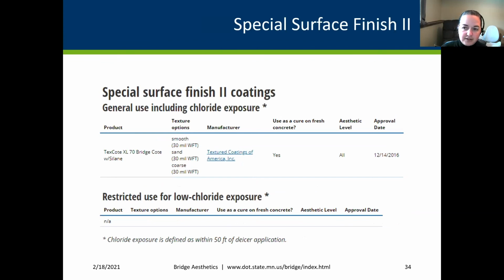And a lot of our stuff, special surface finish is pretty much the only thing that has aesthetics in the approved products list. The approved products list. And you'll see here that the aesthetic level is, we've been using this product for a long time, but when we want to start using new products, you'll start seeing that one can only be used on level C, and then it would be bumped up to level B. So we're hoping to get more products. And I think you're going to start seeing a few more aesthetic elements in the approved products list, just so we're very cognizant of not single sourcing certain things.